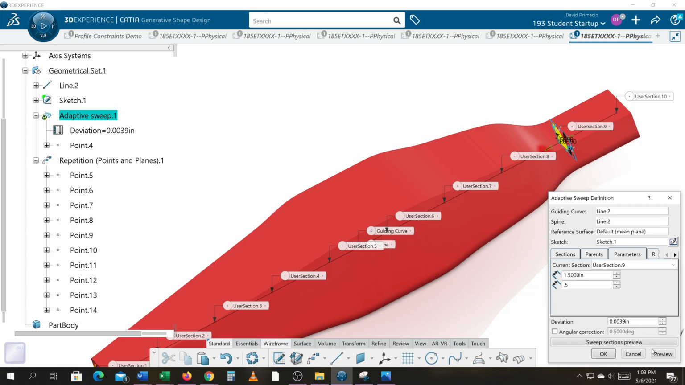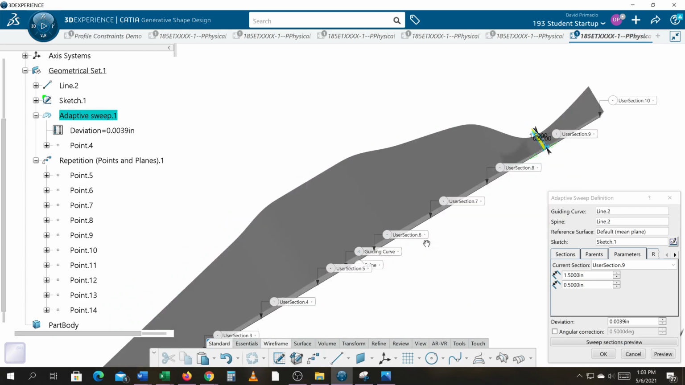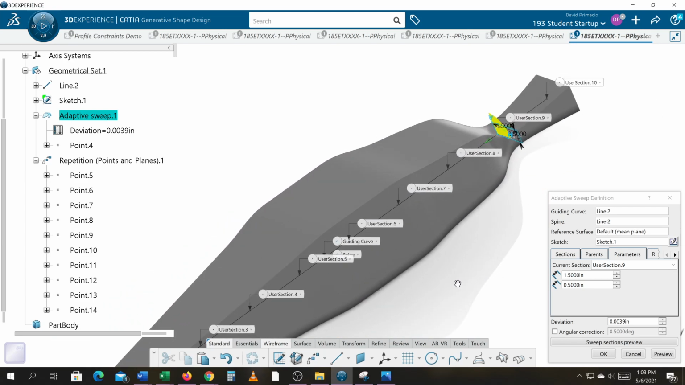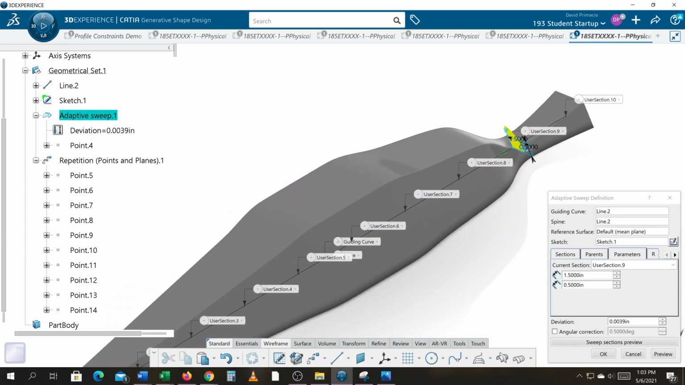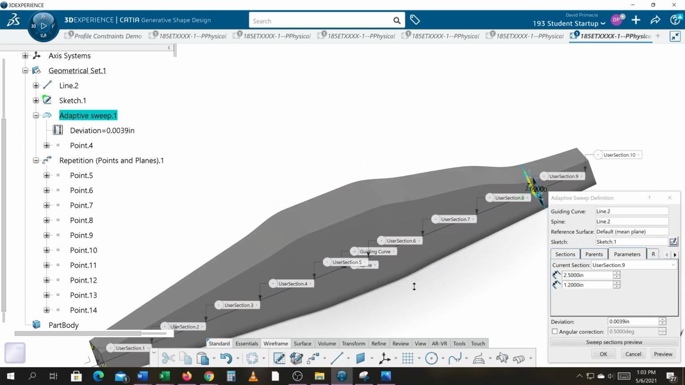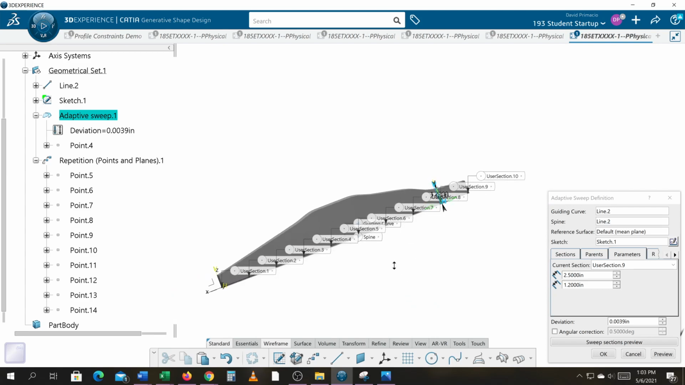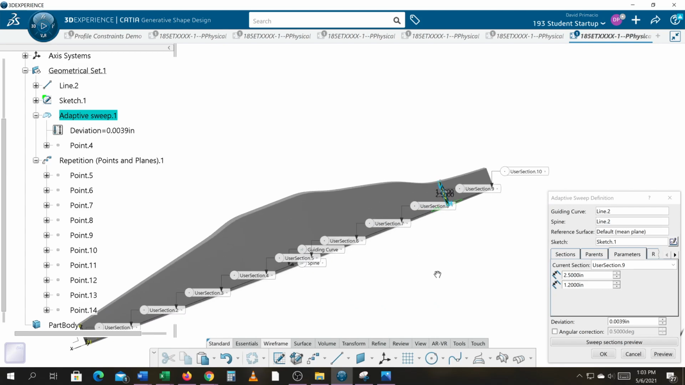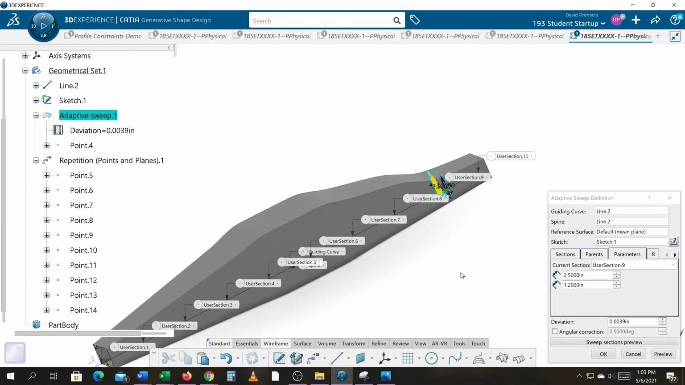0.5. That doesn't seem right here. Seems like I did something wrong. Oh, I got skinnier, which is fine if that's what you're aiming for. I think this is supposed to be 1.5 and 2.5, and hit preview. Okay. Looks like one of my parameters is off,